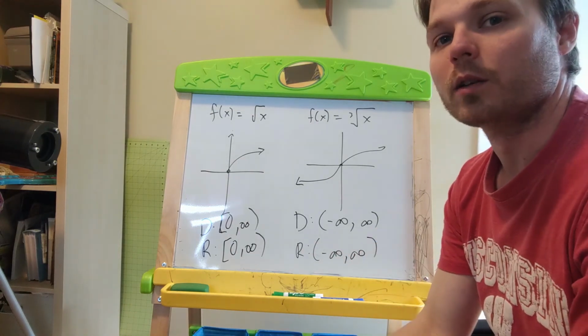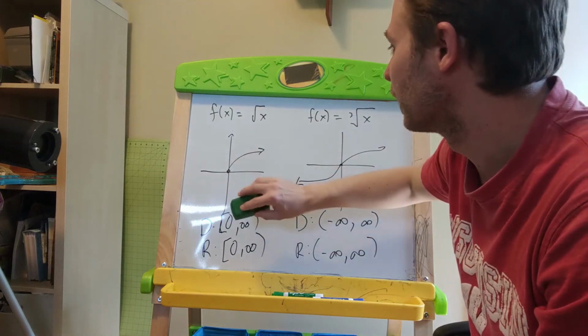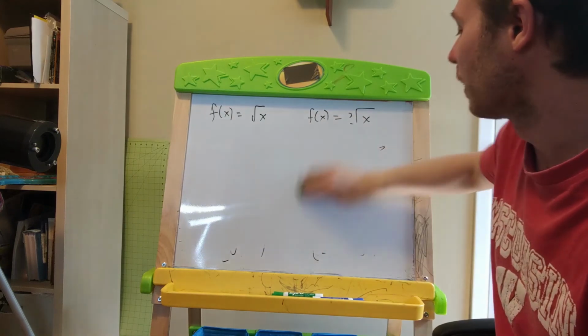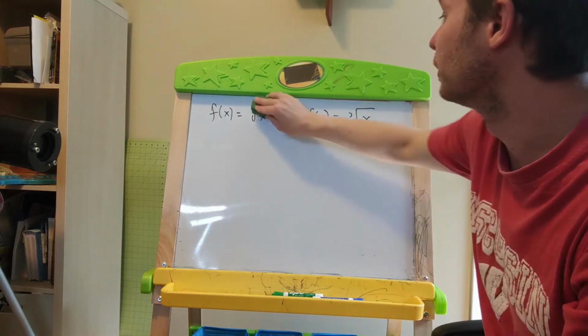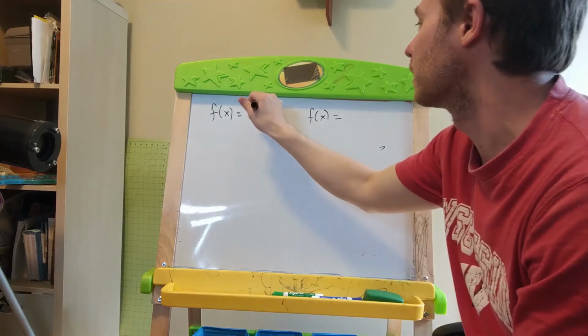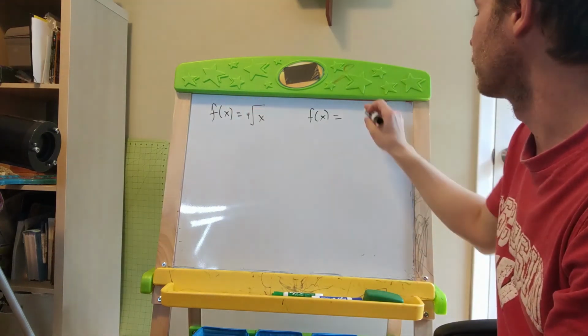So let's take a quick look at some higher order radical functions and just see how they compare. Let's move up to the fourth root and the fifth root function. You're going to start to notice a pattern here, so it's actually pretty nice. If you take a look at the fourth root function,